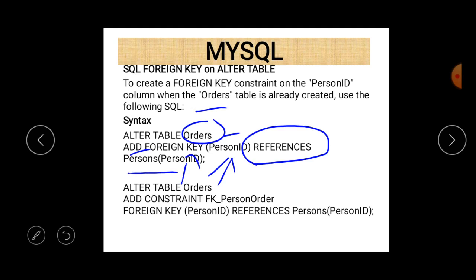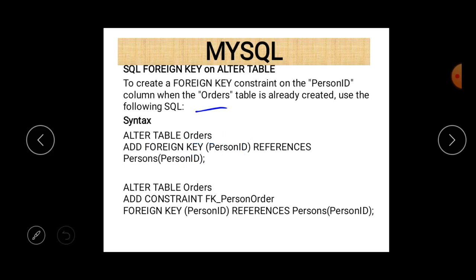So person ID is the primary key of the table persons, and it works as a foreign key in table orders. So this is the syntax to add a foreign key using the alter table statement.